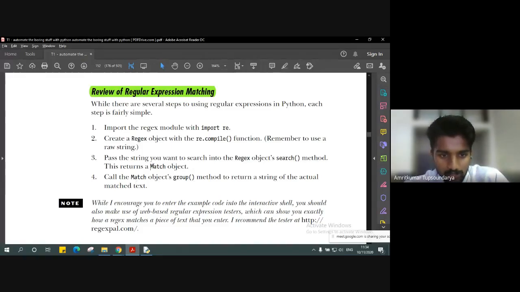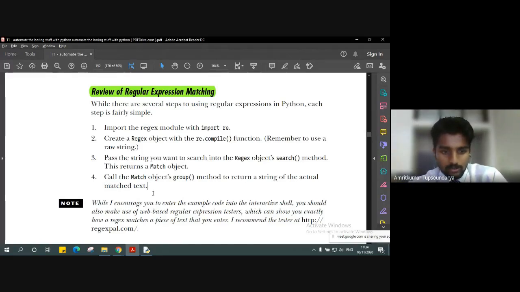Once we have that match object, we group those matches into a single output. For that, we call the match object's group method, which returns a string of the actual matched text. So this will return the actual phone number in this case.